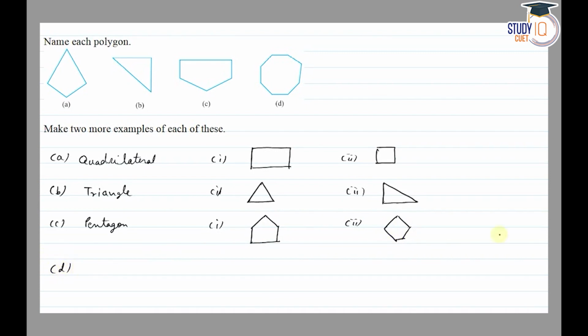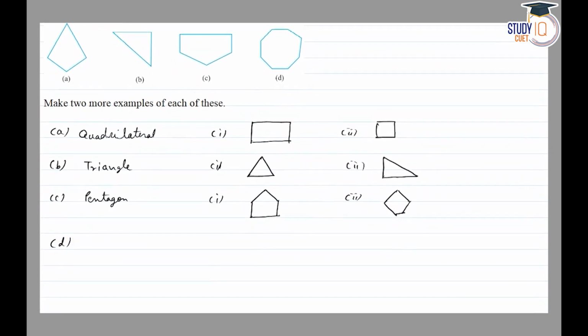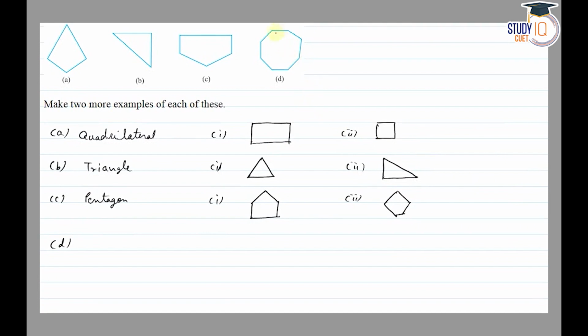And part D is. So firstly हम साइड काउंट कर लेंगे 1 2 3 4 5 6 7 8, so हो जाएगा ऑक्टागन. Examples हो जाएंगे